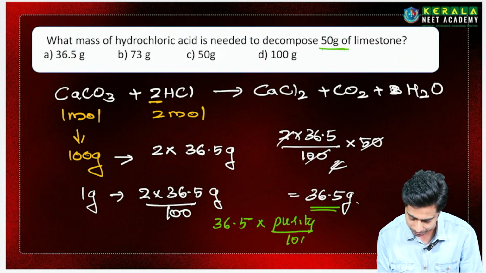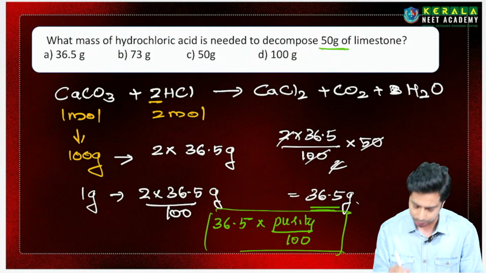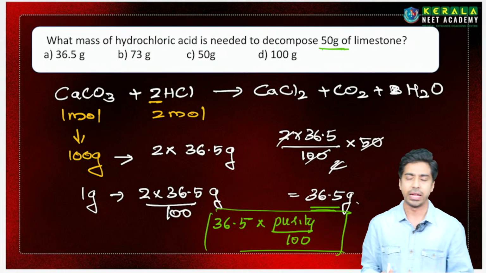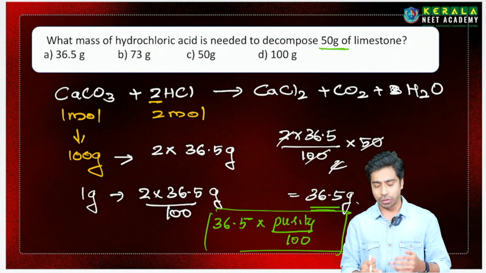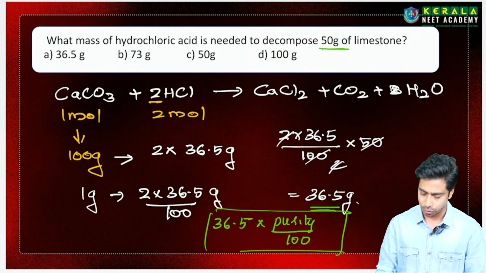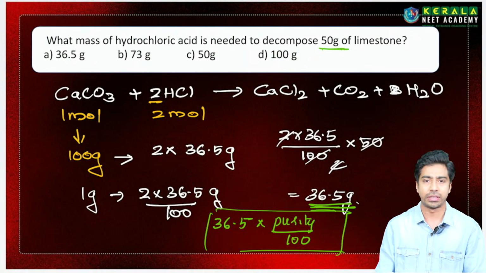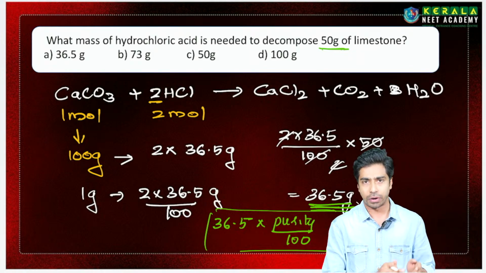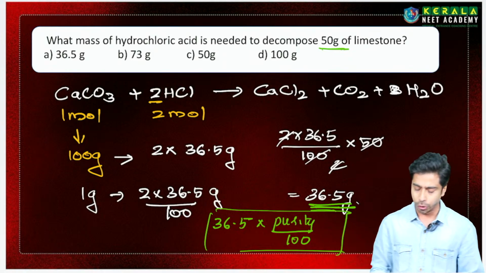This was the question asked in the last NEET examination, in 2023 and also in 2022. Most of the questions were based on this stoichiometric calculation. If no purity is given, you can go with the direct calculation, and if purity is given, you take the calculated answer into purity